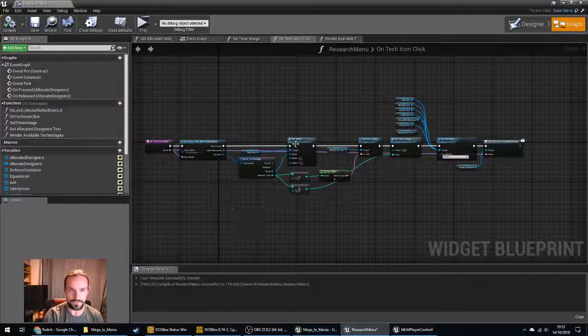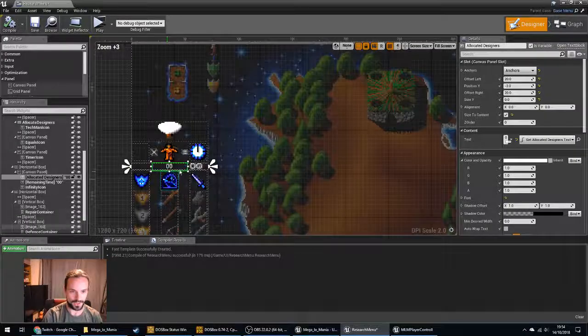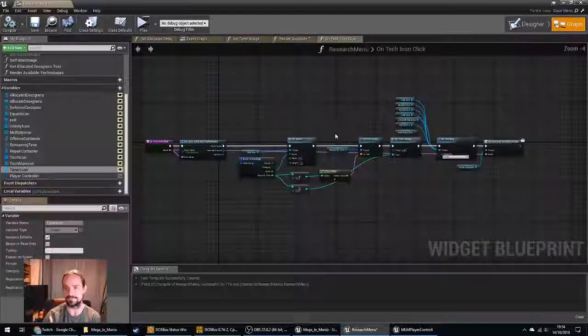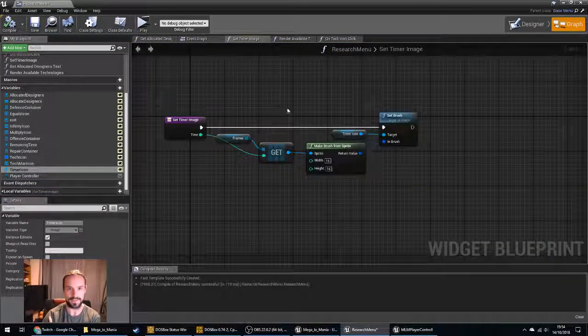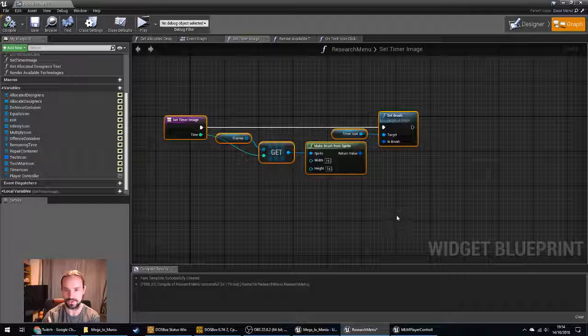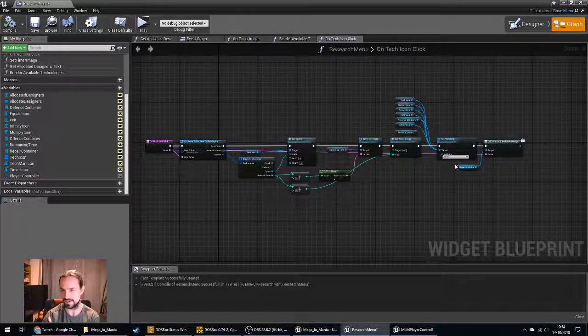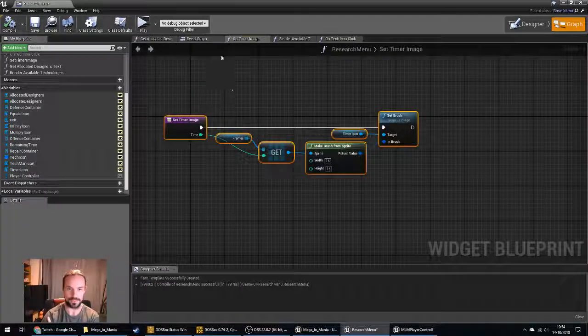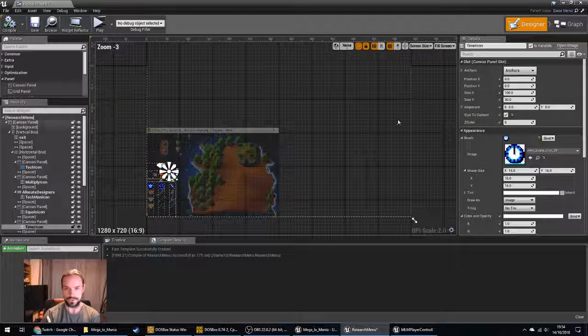And now the final piece to actually get this to all kind of visually work is to update the timer based on that value. Now the set timer image function is called whenever something's ticked, it's set over here. But we're not clicking anything in this case. It just needs to happen. So